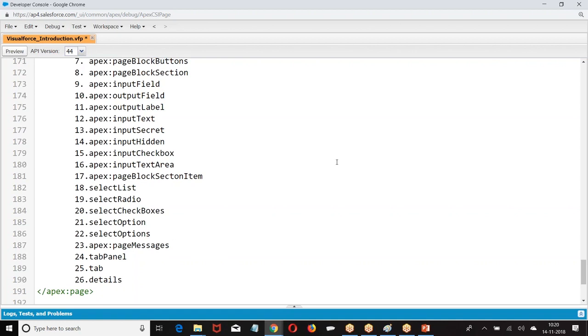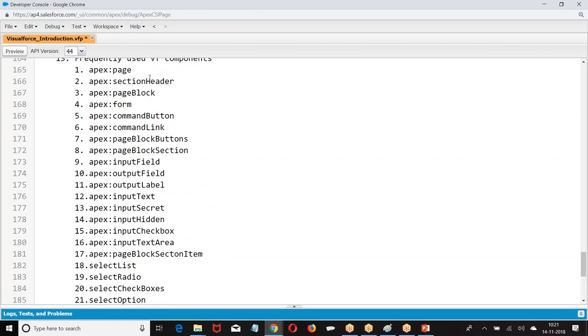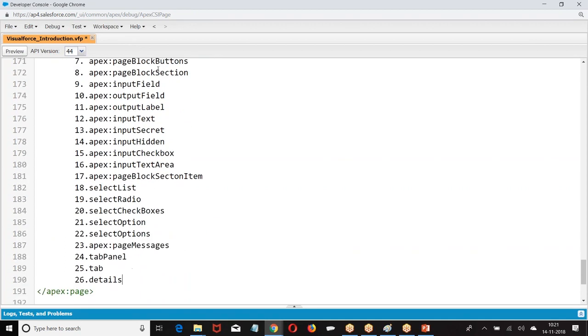Then once you take the Apex, with the combination of Apex, I'll be teaching the remaining ones like data table, data list, page block table, repeat. Okay, and we have other 25 components. Then applying the scripting, applying the custom components. There are 25 plus components which I'll be giving with respect to Apex programming. They require some data and interaction with the server. Whereas these components don't require interaction with the server. Straight away, without writing any Apex class, I'll be using them. So the order in which I'll be covering these 25 components is also the same.